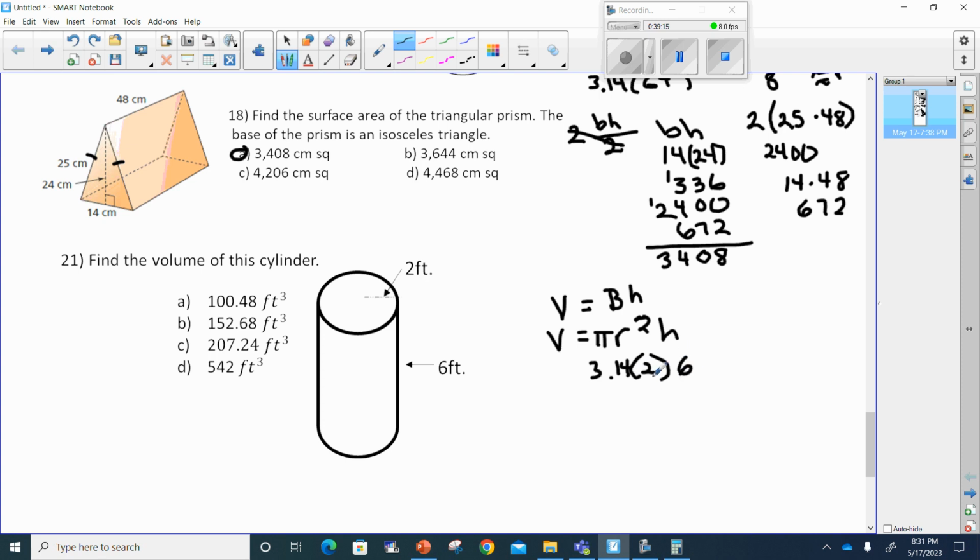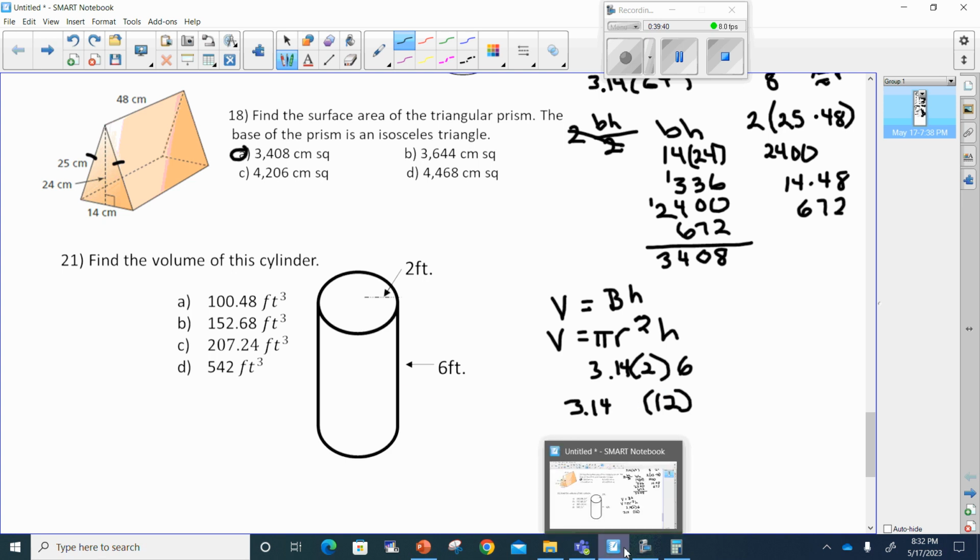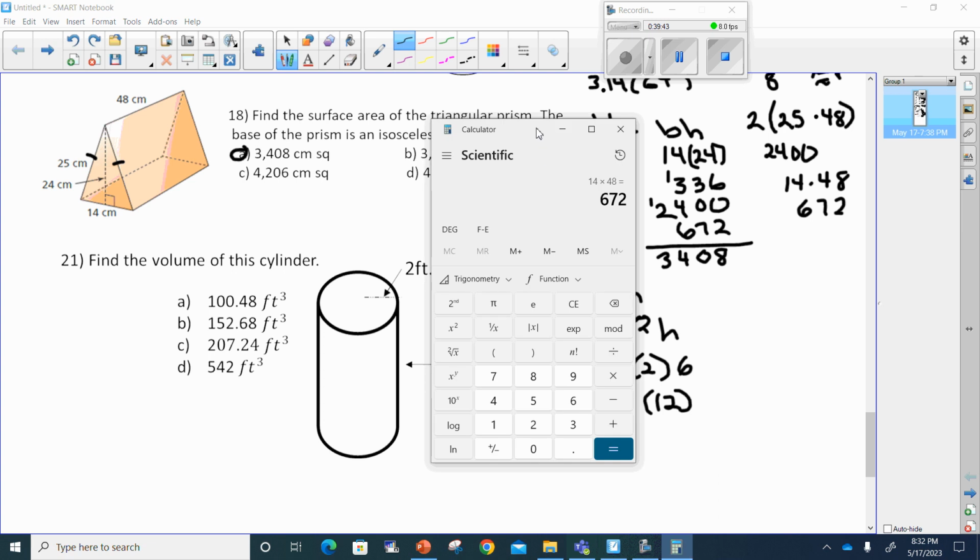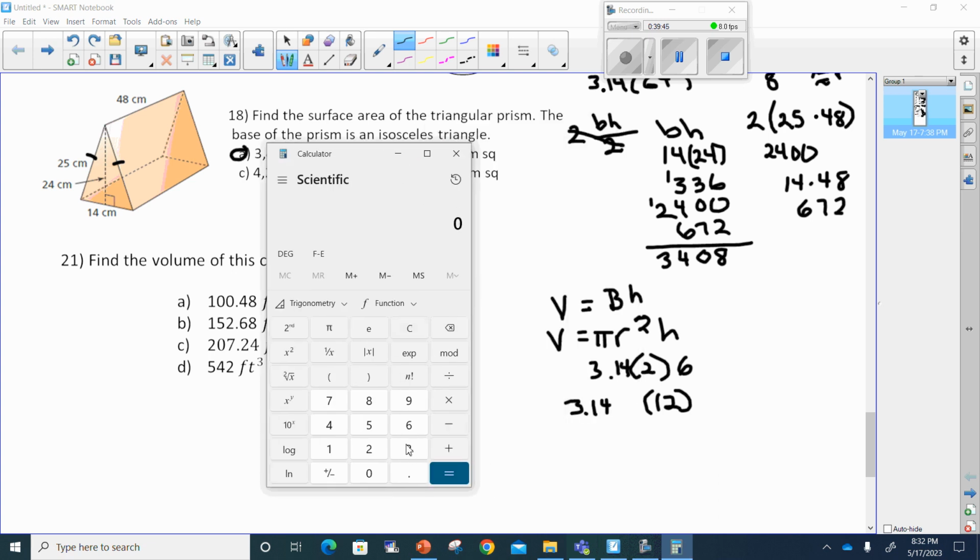I'm going to go with 2 times 6 is 12. And now I just got to take 12 and multiply it by 3.14. I know 3 times 12 is about 36. I imagine it's going to be close to that, but I'm wondering why these numbers aren't really fitting. And I'm going to have to check that out here. Because if I take 3.14 and multiply it by 12,